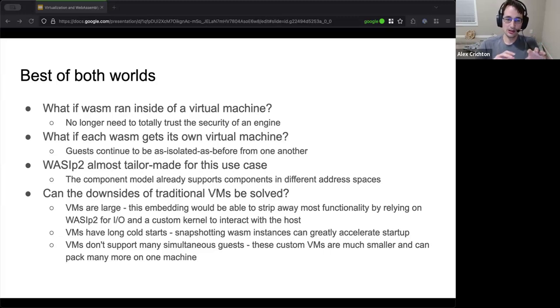I'll briefly touch on a fun idea where you start a virtual machine and then use that as a snapshot for future instances of that virtual machine. For example, if you have one WASM instance per HTTP request, you can have one virtual machine, all based on the same original virtual machine over and over and over again, very fast to start. And because these are so small, we can pack all these in one machine without a whole lot of worry as well.